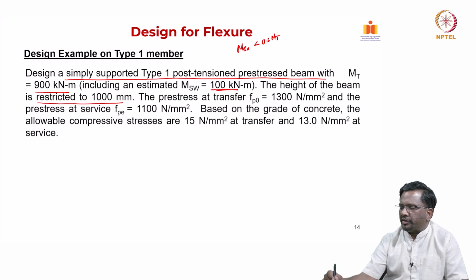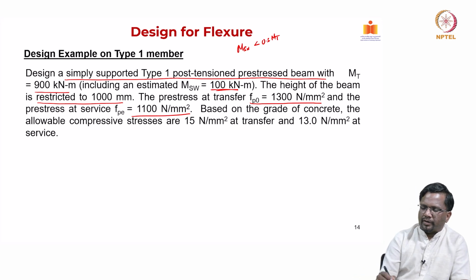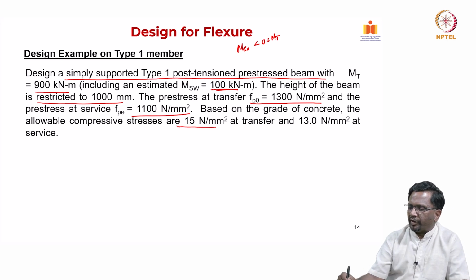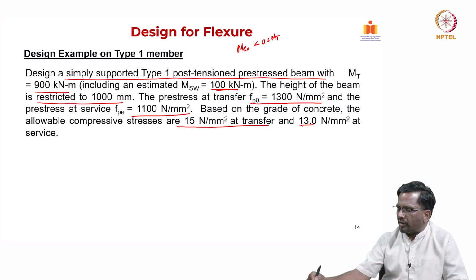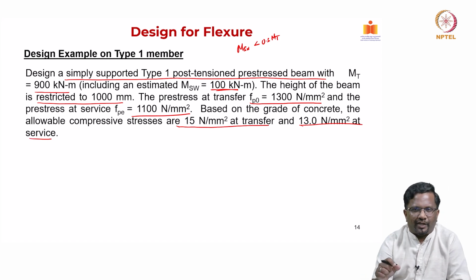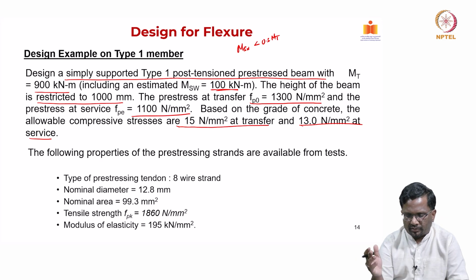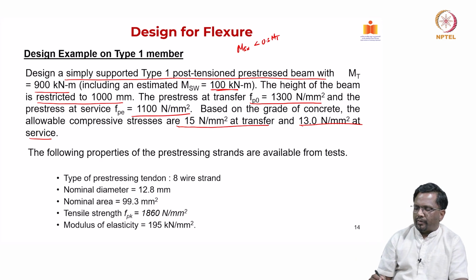millimeter. Pre-stress at transfer is 1300 megapascal, at service is 1100 megapascal, and based on the grade of concrete, the allowable compressive stresses are 15 megapascal at transfer and 13 megapascal at service. You see, at transfer slightly higher stresses are allowed, at service lower stresses are allowed. Let us say, now, I am going to use